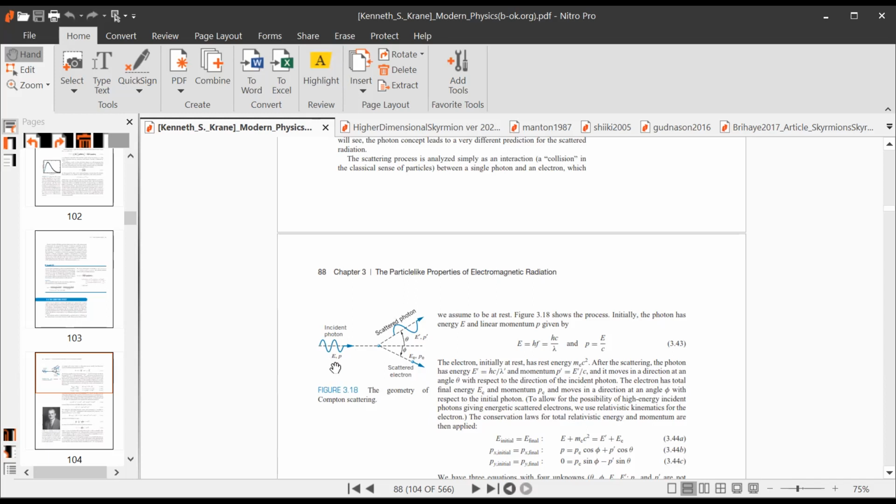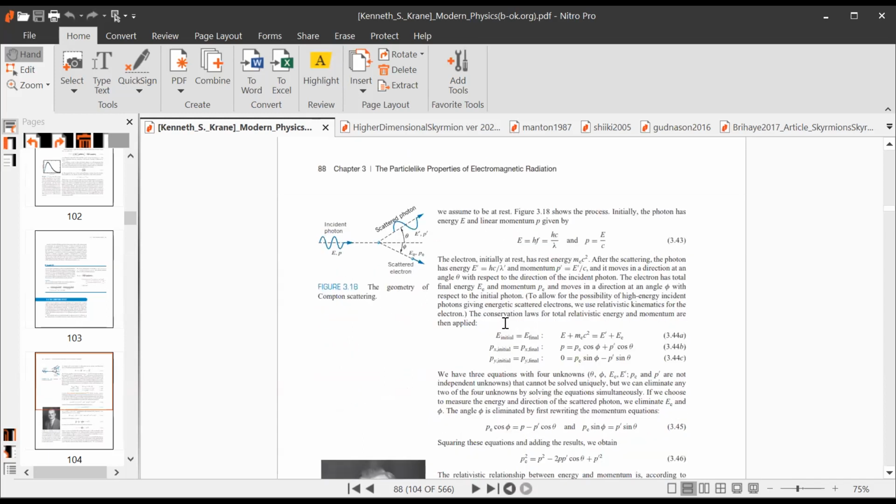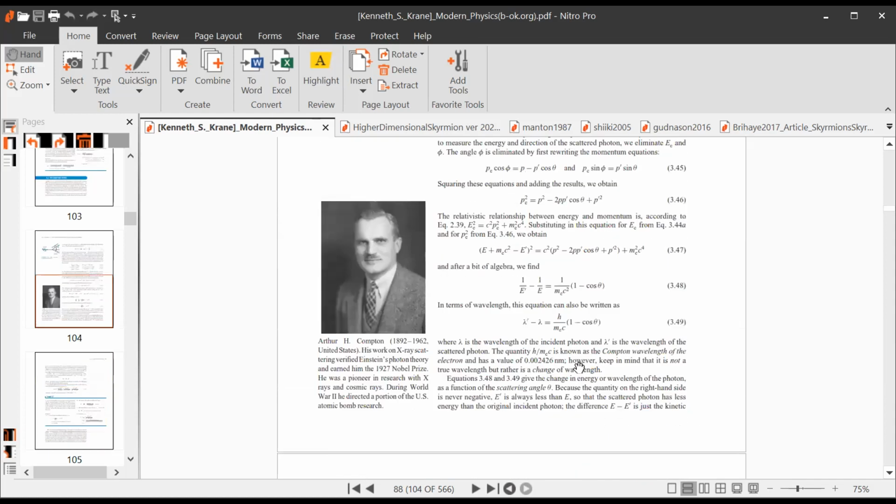In this situation, you have to use the relativistic formulation, because Newtonian mechanics is not working here. After some computation using the conservation of total energy and relativistic momentum, we get this equation